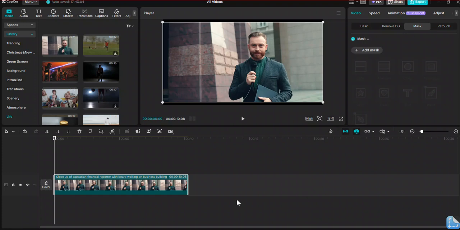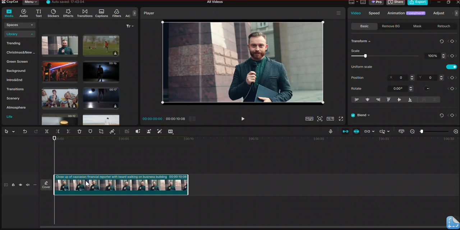So in this video, I'll show you how to add round shapes in CapCut. There are two ways to add round shapes in your CapCut video. The first way is, as you see now, after you add your video in the timeline like this,